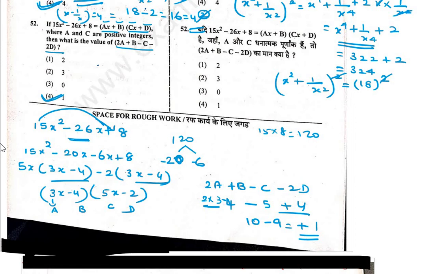Sometimes we can write 5x minus 2 as the first term and the second term. Suppose you have written like this, check the answer 6. So both the factors you have to interchange and check. Okay, if it is in the examination, suppose the order is changed, check the answer from the options or change the order. Okay, answer is plus 1.